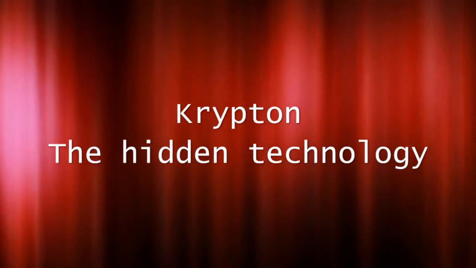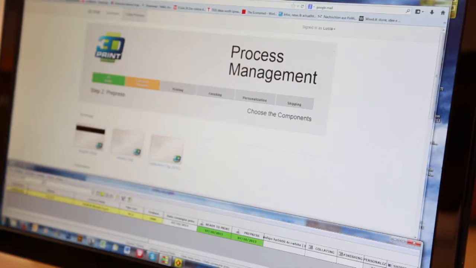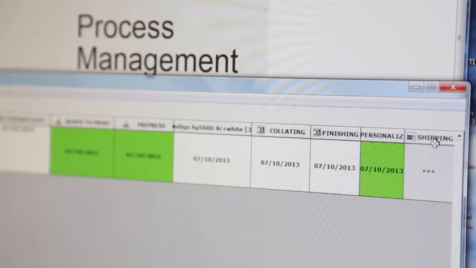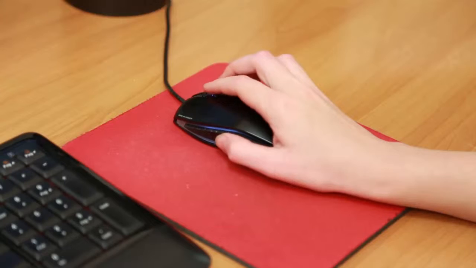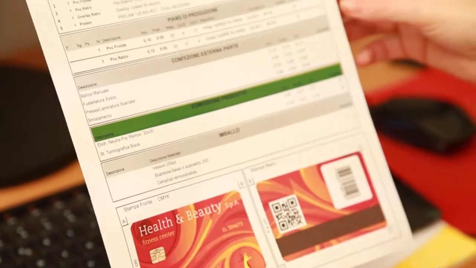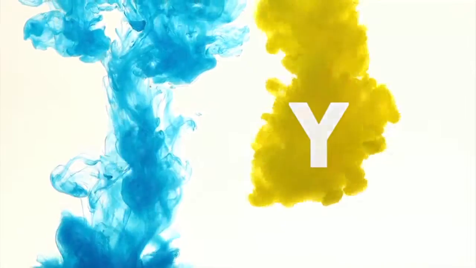Krypton, the hidden technology. Krypton is not just a simple software, it is a complete system. Krypton is a combination of tools capable of displaying the hidden image under the main one. The software displays the hidden image using the Krypton algorithms. Then it is possible to obtain the final image thanks to the combination of the special Krypton printer and Krypton